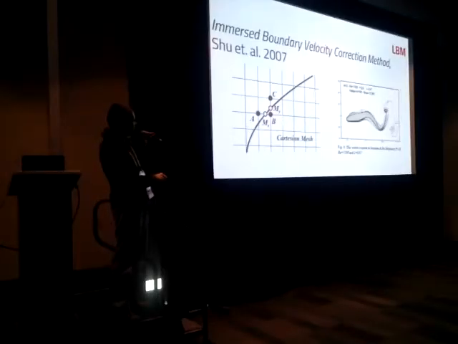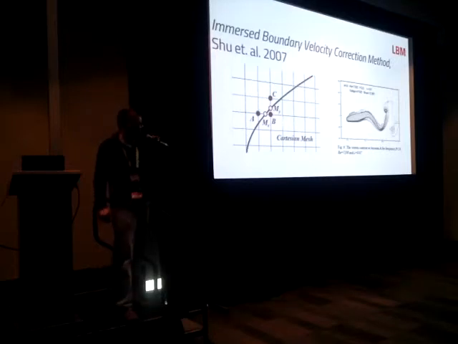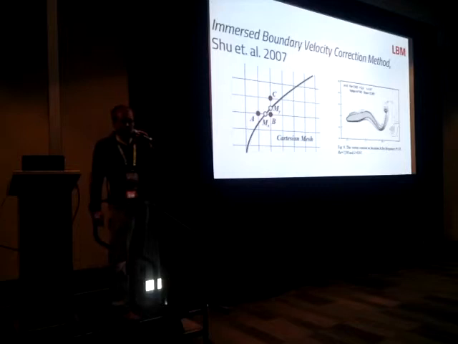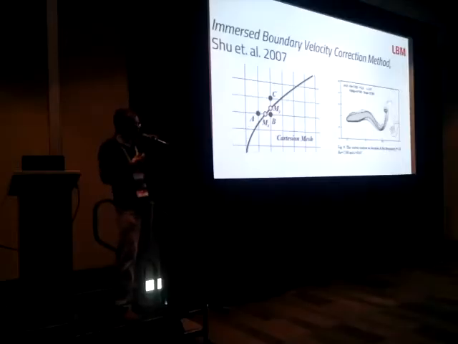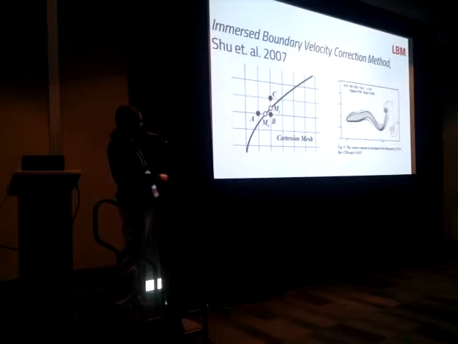Let's say this black curve is a kind of boundary. We want to have a velocity equal to 0. So for that, you will have to get some inverse procedure to get these points equal to 0. You have to change the velocities inside of the